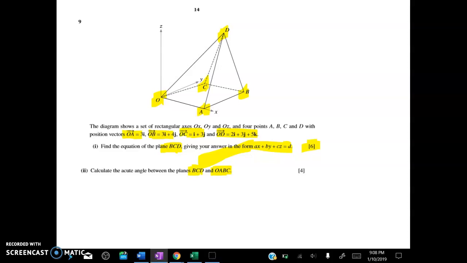Right, well by this point in the year you should know that the key to finding the equation of a plane is to find the normal vector, right? The normal vector to the plane is perpendicular to that plane. But here, this OABC is sitting in the XY, it is the XY plane, right? And the short version is that this plane has equation Z is equal to 0. Now how can I find that by thinking about a normal vector? Well, the normal vector here is this. It's